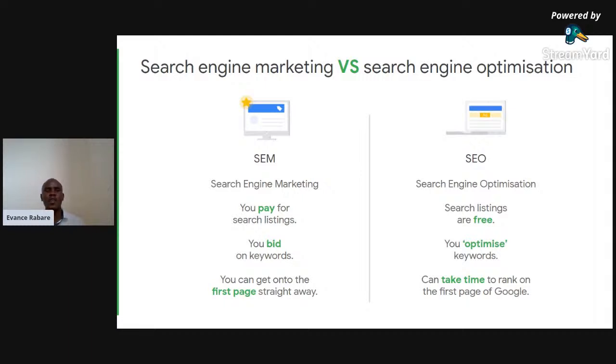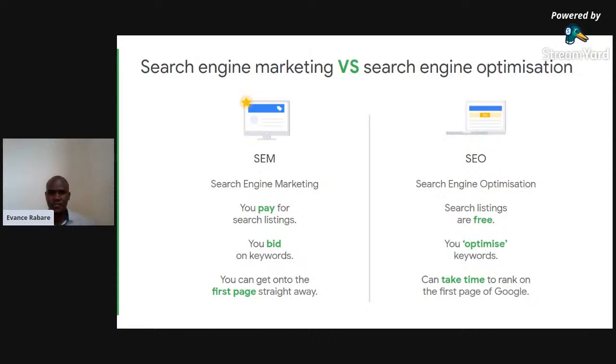All right. So let us look at search engine marketing versus search engine optimization. So for search engine marketing, you pay for search listing. For SEO, search listings are free. For SEM, which is search engine marketing, you bid on keywords. But for SEO, you optimize keywords. Also, you can get onto the first page straight away through paid, but through SEO, it takes time for Google to